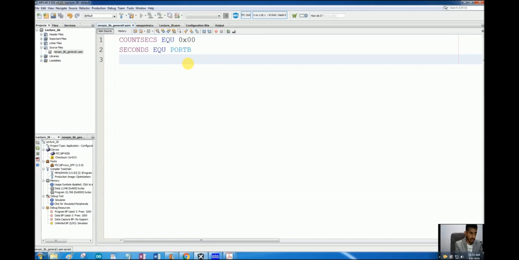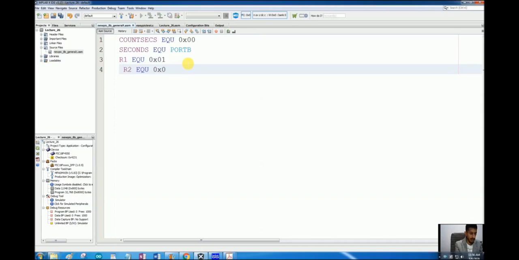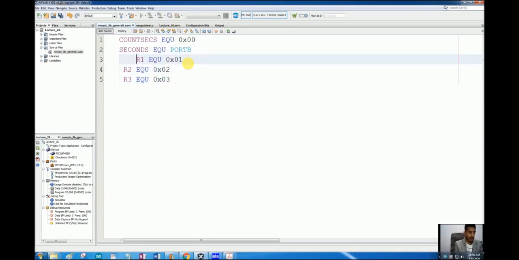And for delay I will equate R1, R2 and R3: R1 equate 0x01, R2 equate 0x02, and R3 equate 0x03. So we have given names to our variables for our convenience.